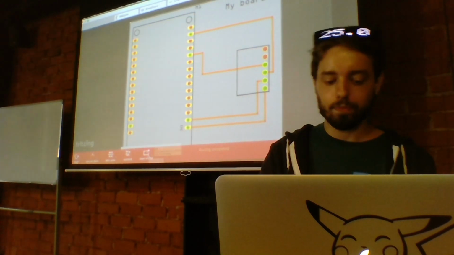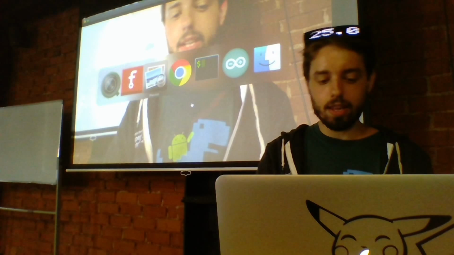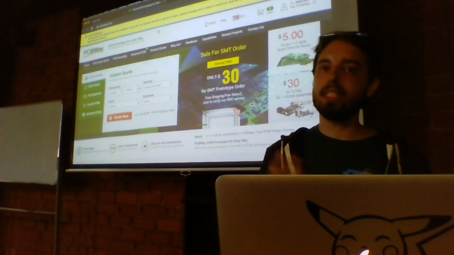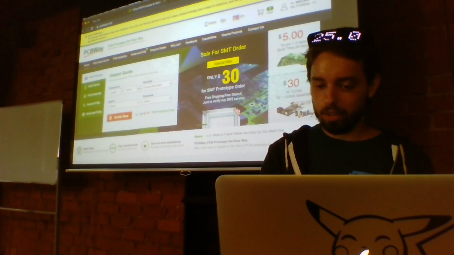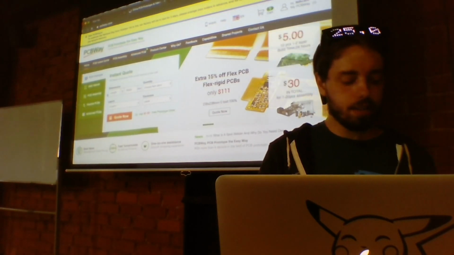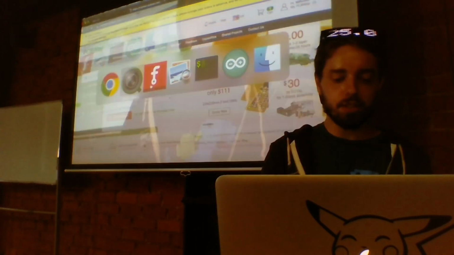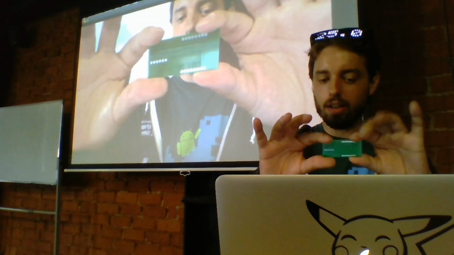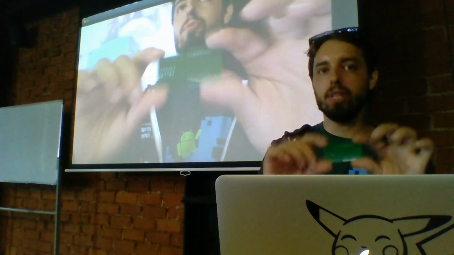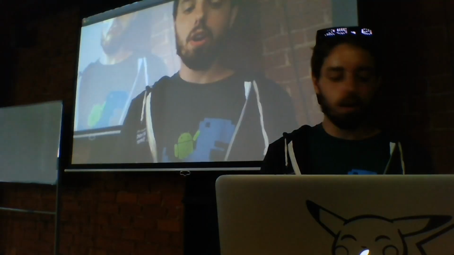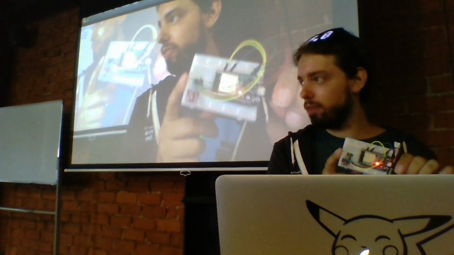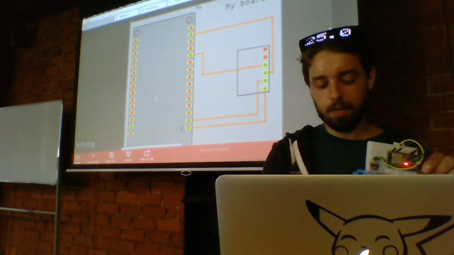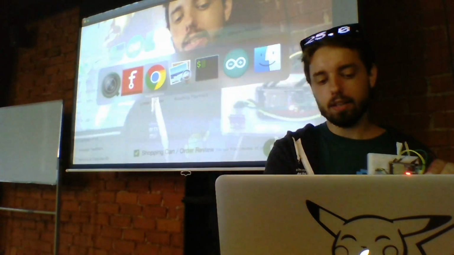and it will generate a zip file. Then you can use any kind of service from the internet that prints PCBs for you. I used PCBWay, for instance, and I printed my own PCB. So the result is like that, and it cost me $1 to print the PCB. If you want to go from an ugly prototyping platform to a production platform, you can use Fritzing because it's for beginners. You export the PCB, then you use a website to print it.